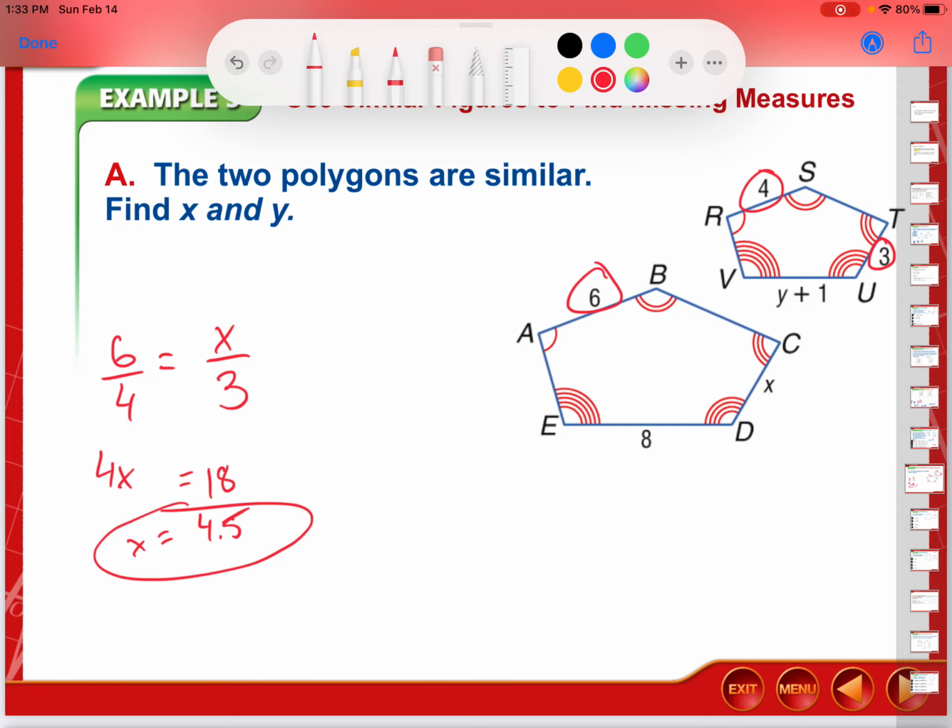But anyway, x equals 4.5, so we're part way there already. Now using that same 6 over 4, I'm going to say 6 over 4 is equal to the big piece of this bottom line, which is 8, and the corresponding would be y plus 1. So 8 over y plus 1. And likewise, I could say side VU is 2/3 of side ED, or side ED is 1.5 times side VU. But for this one, I think the easier way is to cross